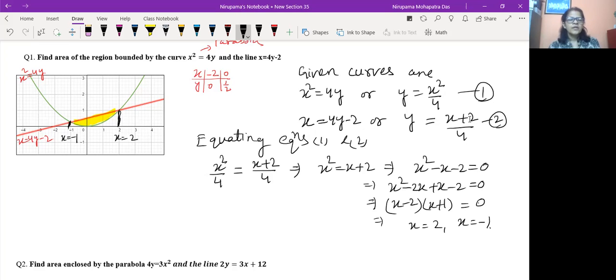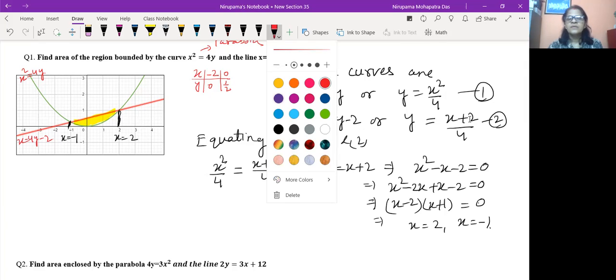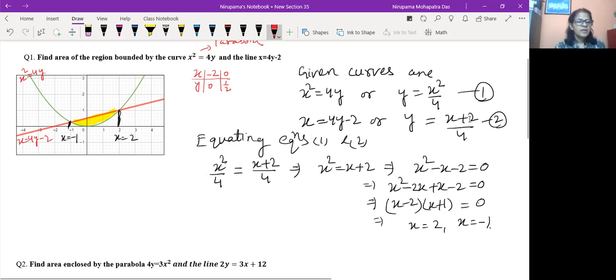So while getting the area of the region, this yellow shaded portion is the area we need. It means we can take the area bounded by the line minus the area bounded by the parabola, right? So the required area, I'm writing it here, area of the required area equal to,